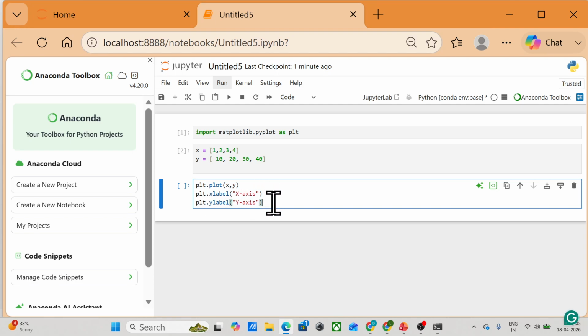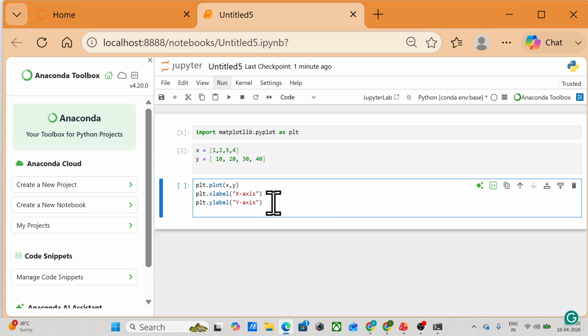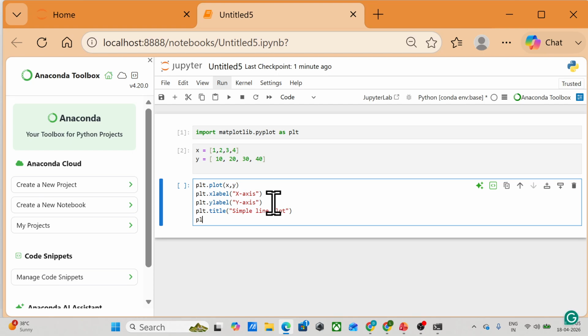And then we'll set the title, which is simple line plot. And then we want to see it.